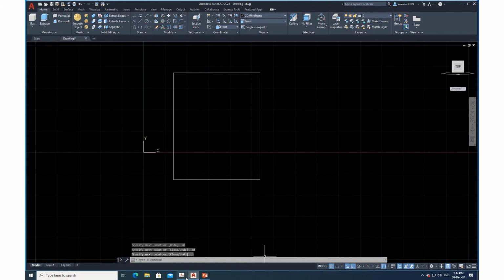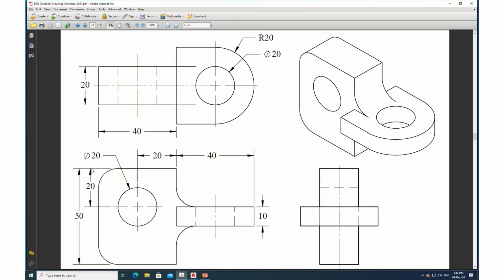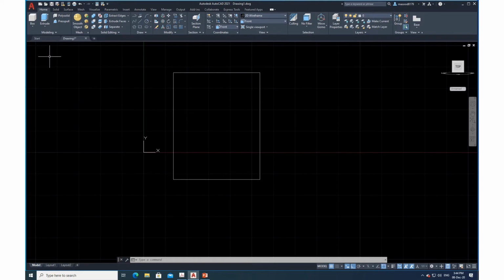Okay, now what else is there in this one? In this one I have got this distance as 20 and this distance as 20, any middle line. Okay, from the midpoint I have to come down here at a distance of 20. I have to draw a circle of diameter 20. Let me just go back here, draw a line from the midpoint, come down how much? 20, enter, then escape. Now I have to draw a circle of diameter. Take diameter from the end point here. How much I need? 20. Okay. Now let me delete this line. I don't need this line. I will just delete it.